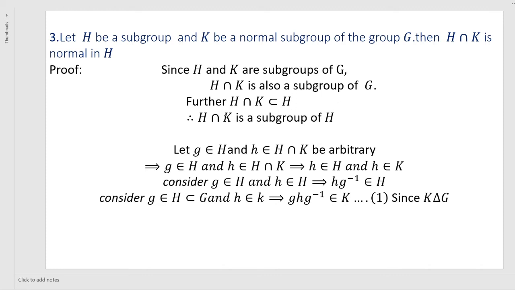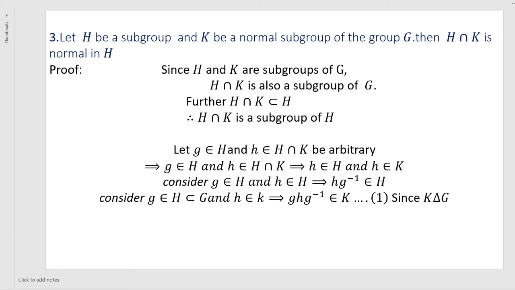Next, it is a subgroup. Next, I prove this one: H intersection K is a normal subgroup. Consider g belongs to H, an element from H, and h belongs to H intersection K, be any arbitrary point. Here, small h we have taken from H intersection K, because H intersection K is a subset of H, meaning the elements of H. Small g and h be any two arbitrary elements. h belongs to H intersection K means it is in H and also in K, right?